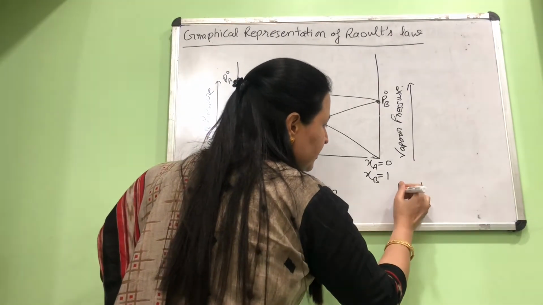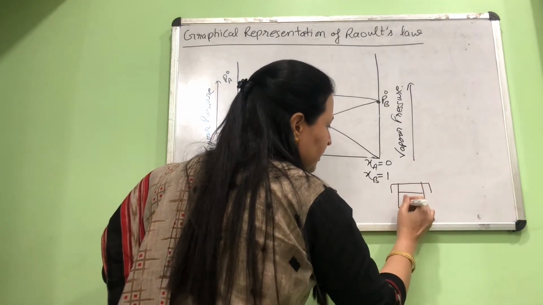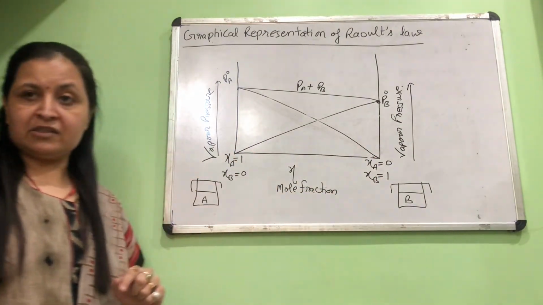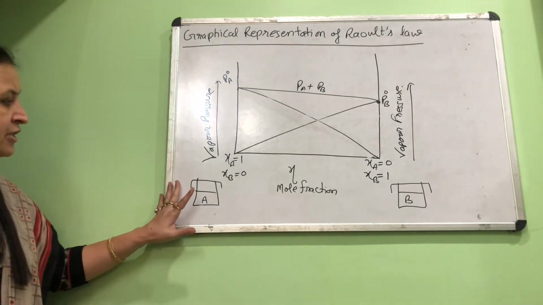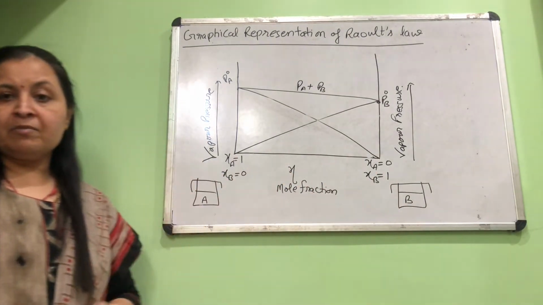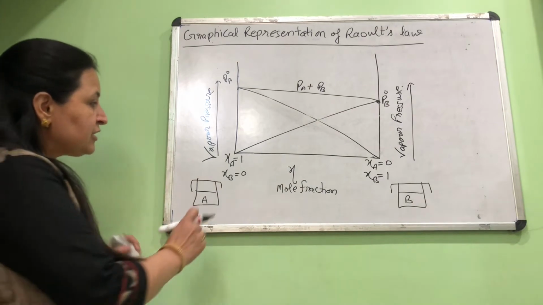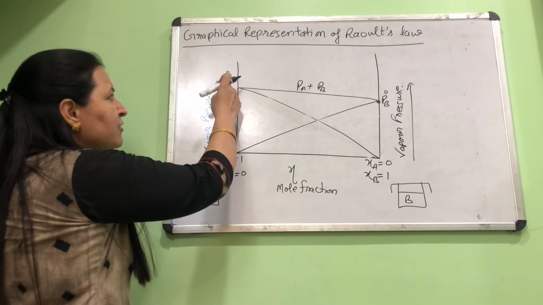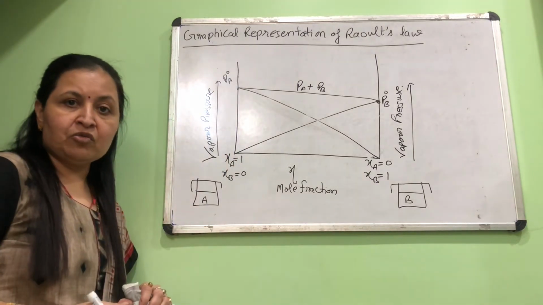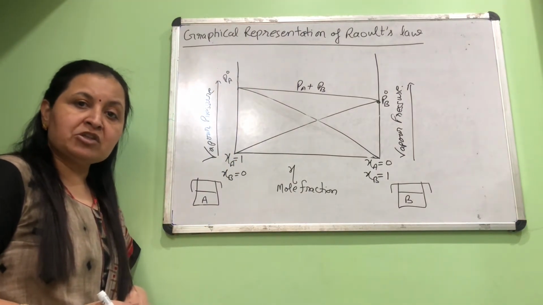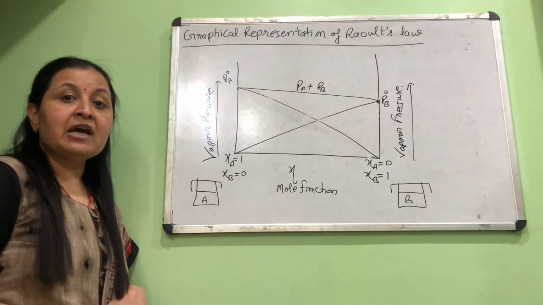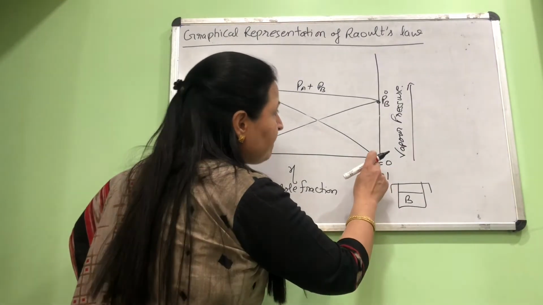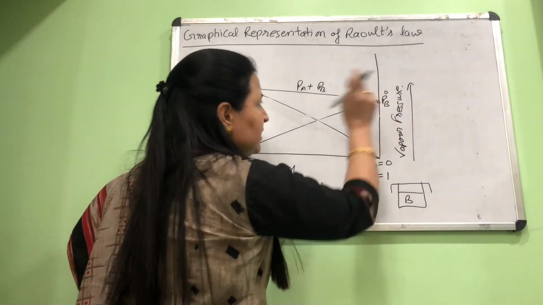That means we are considering here a beaker which is covered from the top and it contains only component B. So at the extreme of the two sides, the two corners of the x-axis, here there is pure A and here there is pure B, and there is no solution. If there is only component A, whatever its corresponding vapor pressure is, we will call it PA0. As we have written in the equation, PA0 represents the vapor pressure of component A when it is present alone in a pure state without solution. Whereas for component B, the corresponding vapor pressure is represented as PB0.